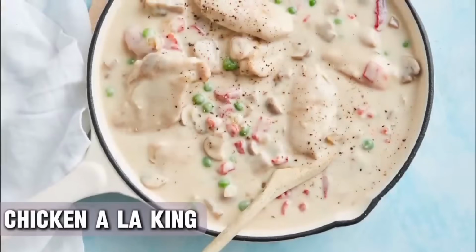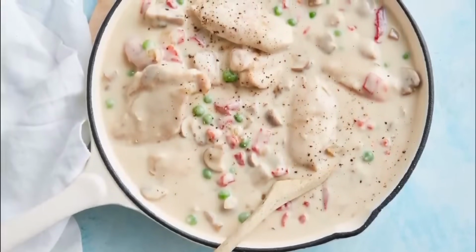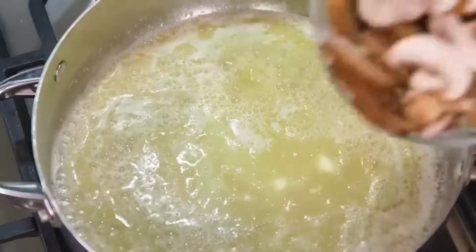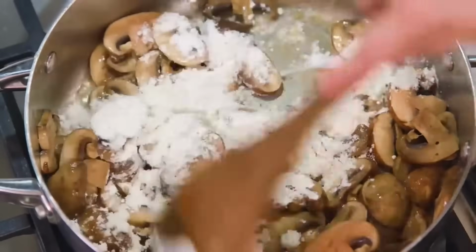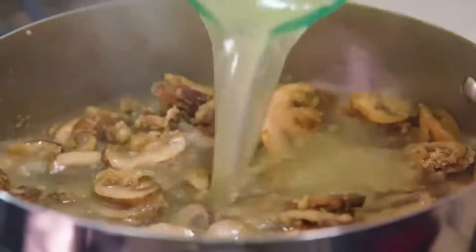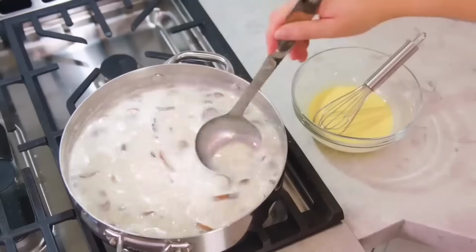This dish might sound fancy, but don't let the French name fool you. Chicken a la king is a creamy and delicious casserole that's surprisingly easy to make. Yeah, tender chicken pieces in a rich cream sauce with mushrooms, peas, and pimientos? Count me in. This casserole is typically served over rice or toast and is a reminder that classics never truly